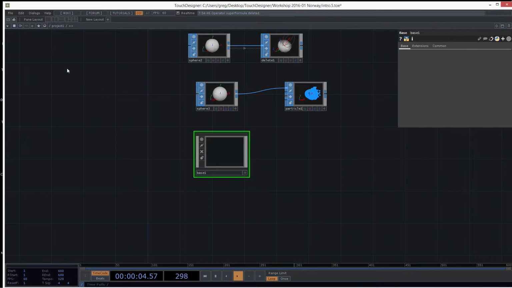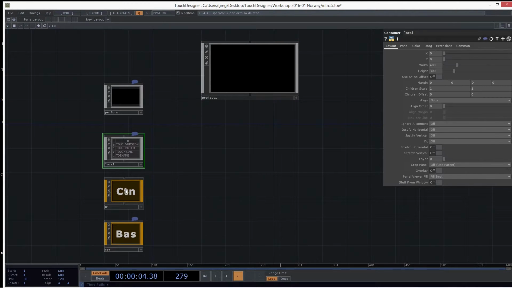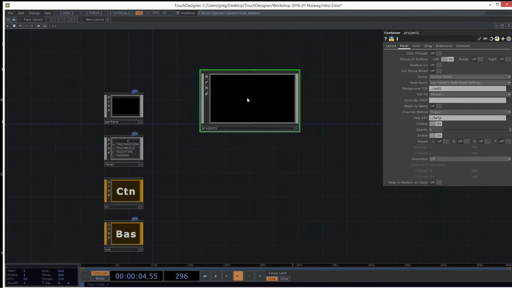So let's go all the way up another level. We're in project one right now. There is a root, or a very top level, which is this slash, or you can press this little house to go to the root. And this is the default TouchDesigner setup. Project one is where we were working all morning, and these are stuff that Derivative puts in here. These orange ones cannot be deleted. They're system components that hold important things. I'll show you how to use perform mode later today. So we can go inside, and